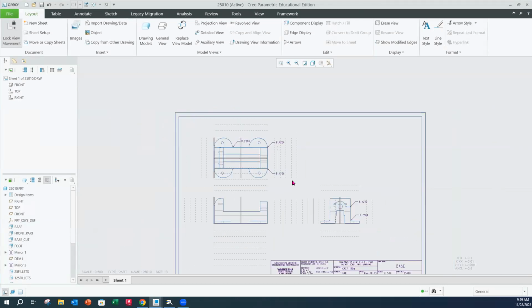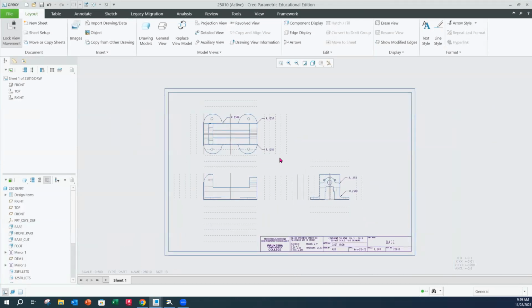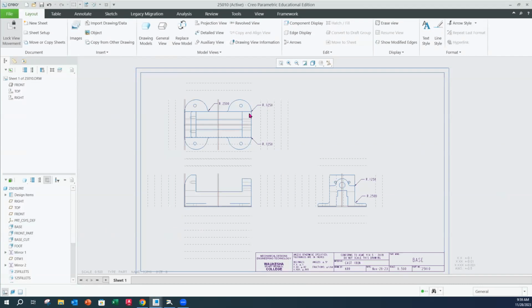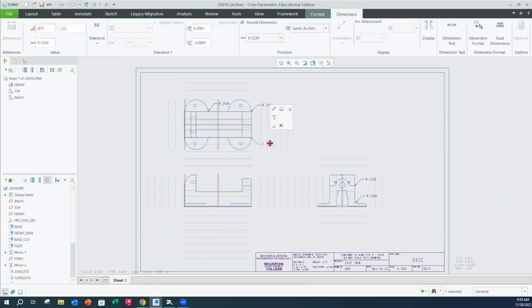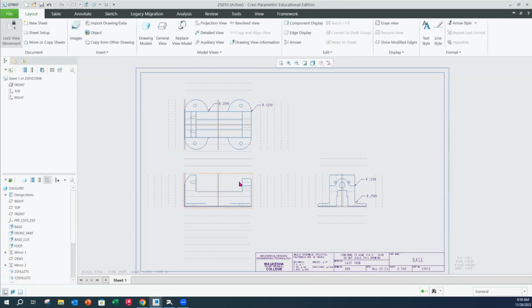Okay, so now I have a whole bunch of these. Now, if you got rid of them all, totally fine. These will come up again for us. Oh, I don't need that one. I just need one in a view. But it just cleans things up. If you want to also get rid of some of these